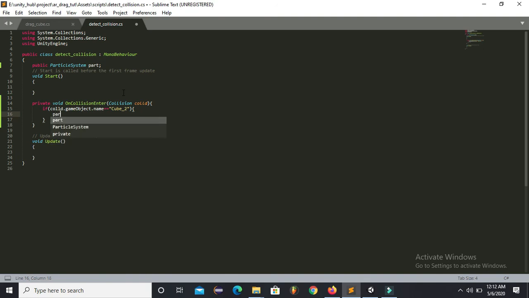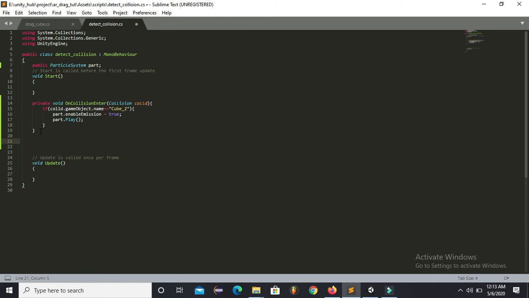and we want to enable emission of the particle. So I will create one more function which will be called when the collision exits, and this will stop our particle effect from playing.